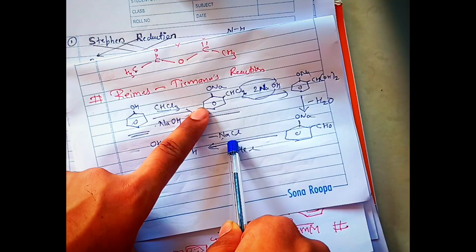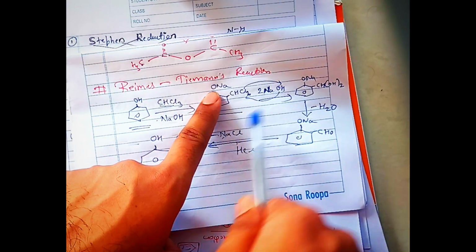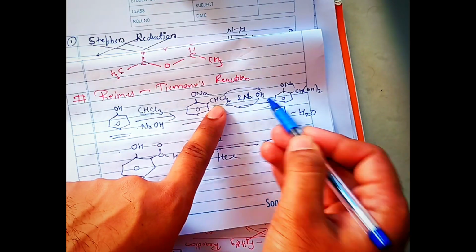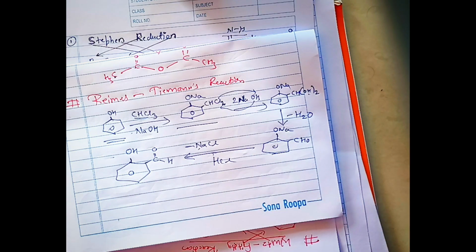Then by this, the OH will be converted into ONa, and here the Cl will be replaced by OH, and then water is removed. Then we easily get the salicylaldehyde. Okay, same only in the